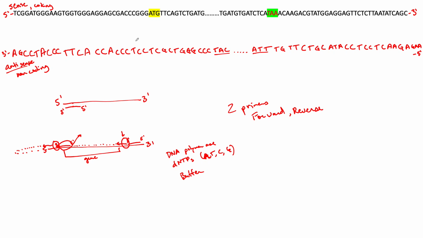Well, let's take a look at the sense and antisense strand and see. Let's pretend that I make a primer that is complementary to the sense strand. Since the sense strand reads 5' to 3', the primer down here that anneals to it would read 3' to 5'. And when I add my DNA polymerase and my nucleotides, DNA polymerase would actually copy the DNA in that direction. And so if I make a primer that anneals to my sense strand, I'm not actually going to end up copying my gene, which is not what I want. So I hope you can see that when I make a forward primer, it needs to anneal to the antisense